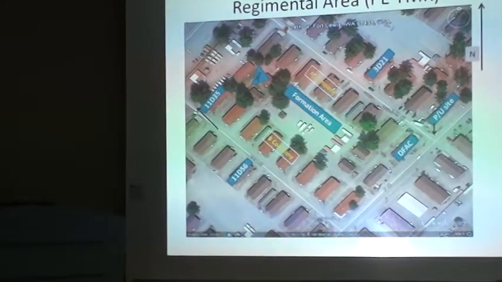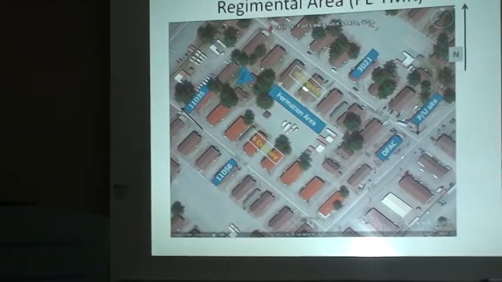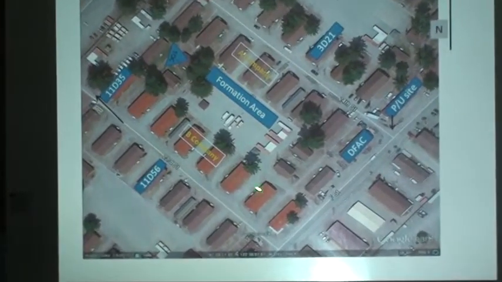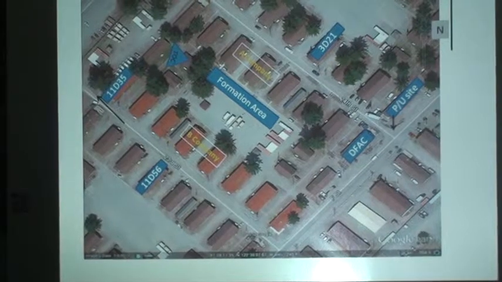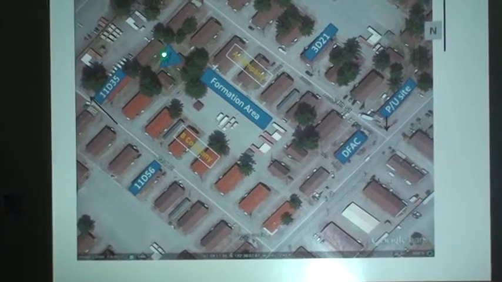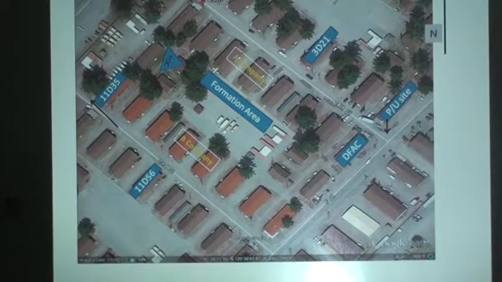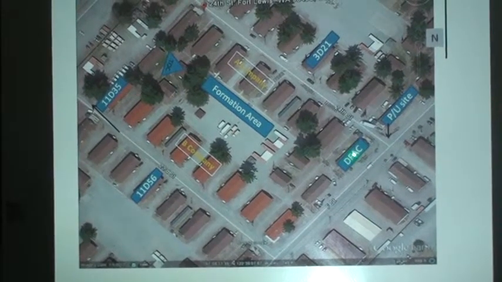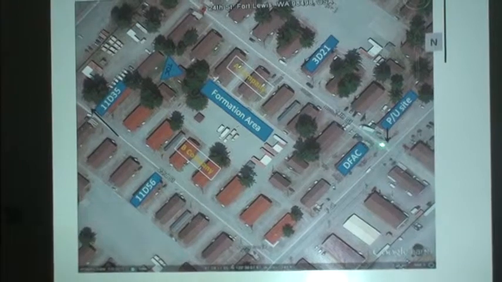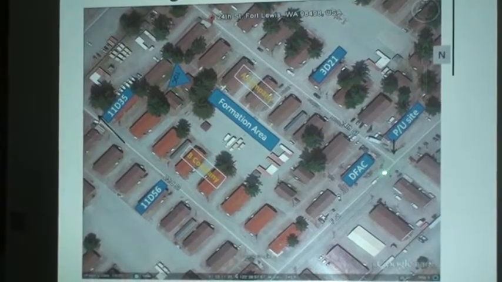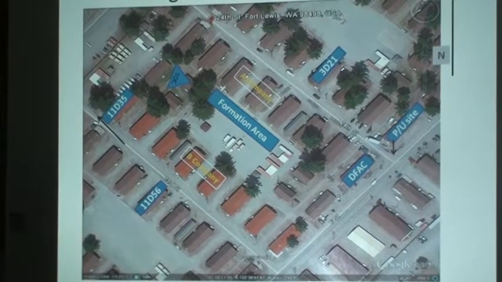We have, to our east, Alpha Company Barracks. To our southwest, we have Bravo Company Barracks. We have the regimental top immediately next to us. To our southeast, we have the DFAC. This intersection right here between 24th Street and Fox Street is actually going to be one of our pickup points